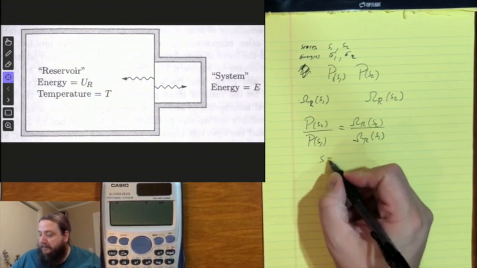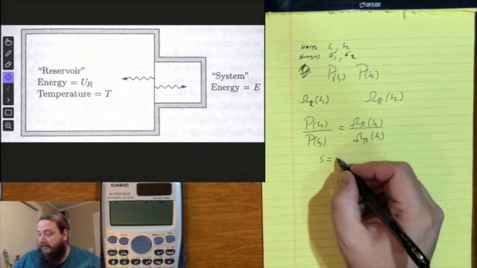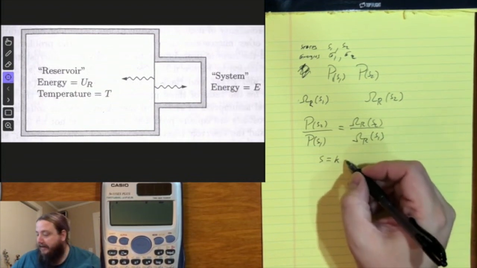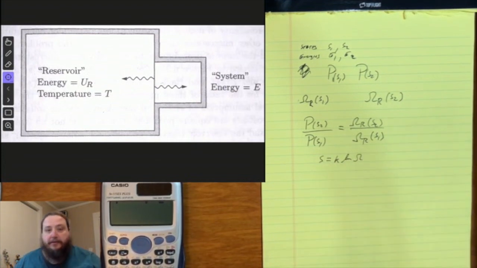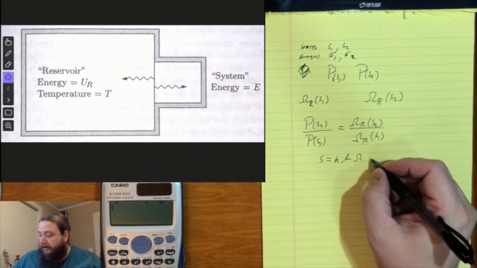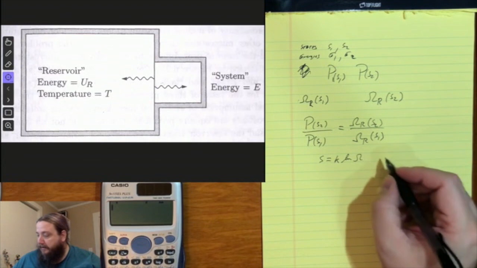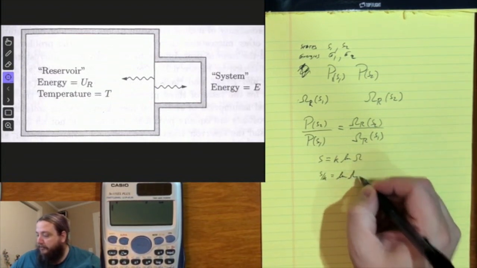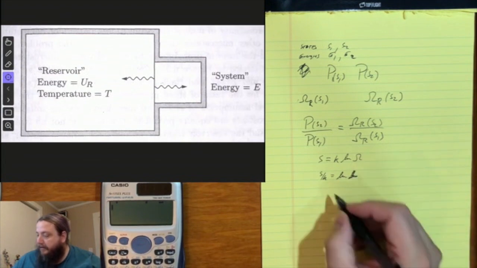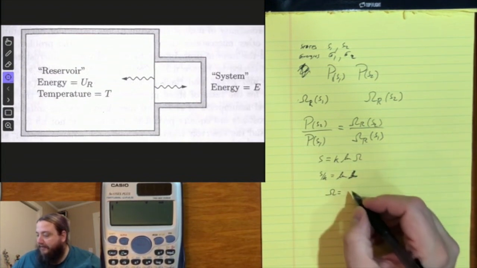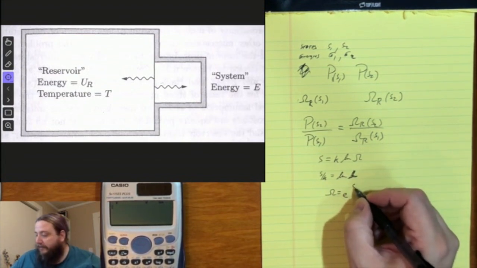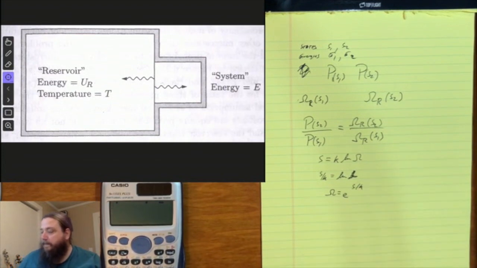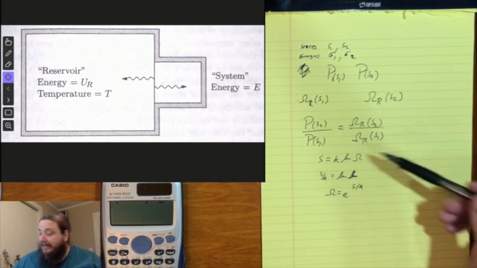The relationship there is the fundamental definition of entropy, that the entropy is k times the logarithm of multiplicity, which if we then divide by k, so S over k is the log of multiplicity, and therefore the multiplicity would be e to the S over k. So we could replace each of these